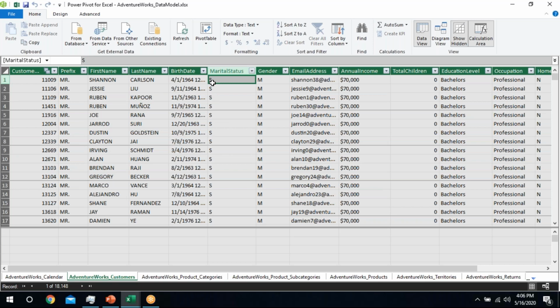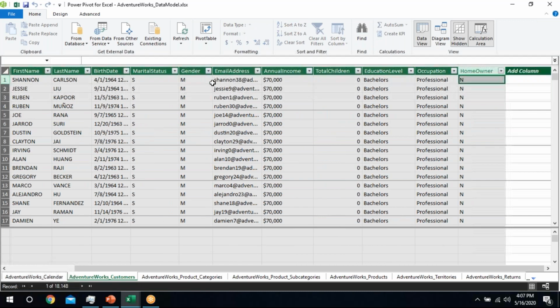I know that my customers are different from each other. Each customer has separate attributes, right? That means each customer's age will differ from another. So this type of calculation that is done at row level is known as a calculated column.